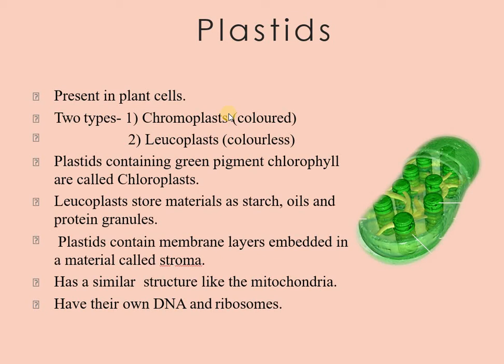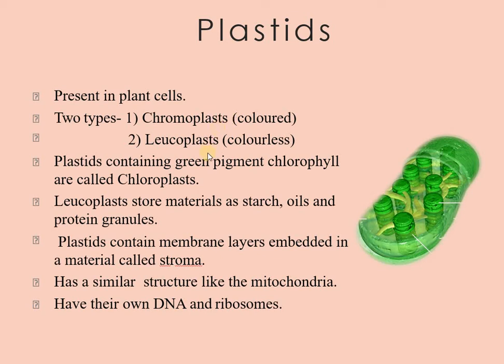Once again, the chromoplasts having light-absorbing green pigment called chlorophyll are called chloroplasts or the green plastids. These are commonly present in the leaf cells of most of the higher plants and certain green algae. The non-green chromoplasts containing other colored pigments, which may be red, orange or yellow due to the presence of carotenoids, are found in certain algae and in flowers, fruits and some of the roots of higher plants.